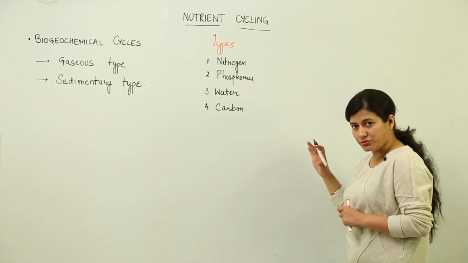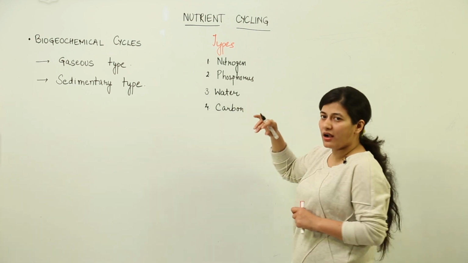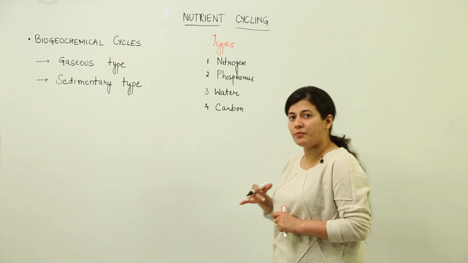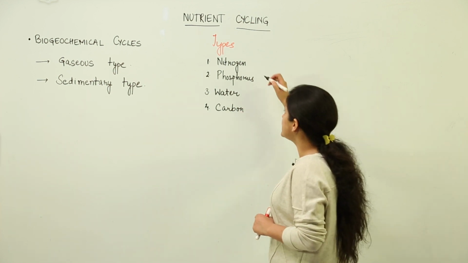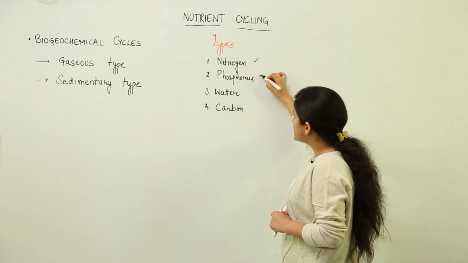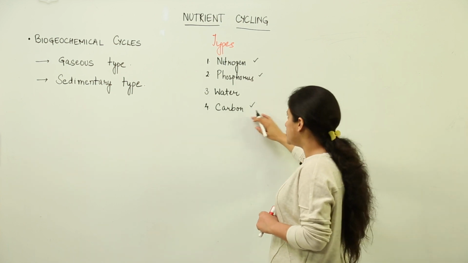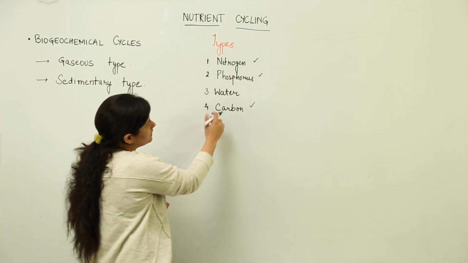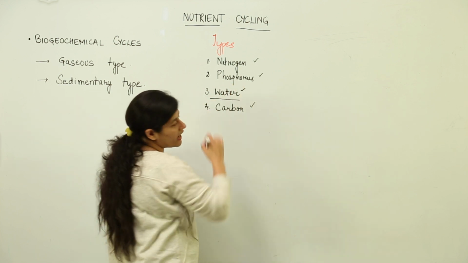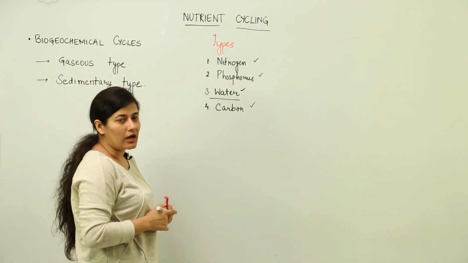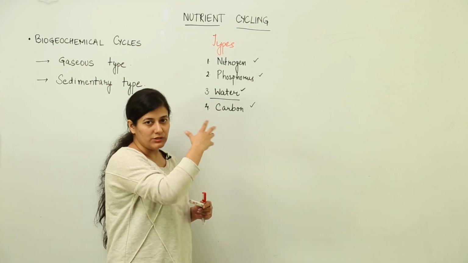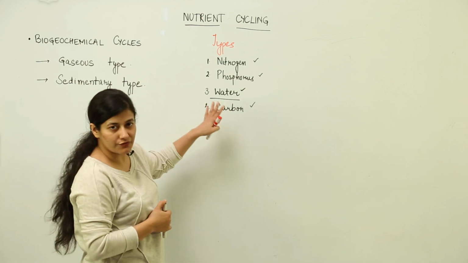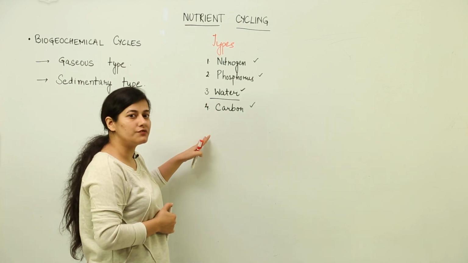So when we talk about nutrients at the ecological level, there are important nutrients which are to be taken up by the biomass and incorporated into them, and those nutrients happen to be nitrogen, phosphorus is very important, carbon is very important. So you see these three important nutrients are very vital to the plants, and that's why we consider them. And the water cycle, the one which we have been doing since our childhood, how the water is cycled within the atmosphere, hydrosphere and lithosphere. So we have different types of nutrients and there is a different process of cycling which